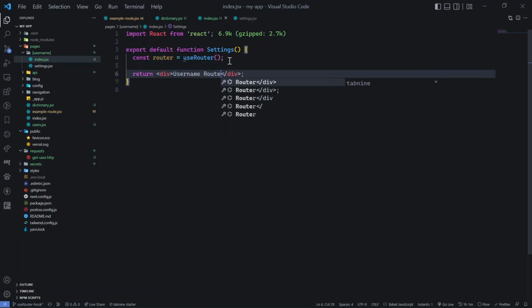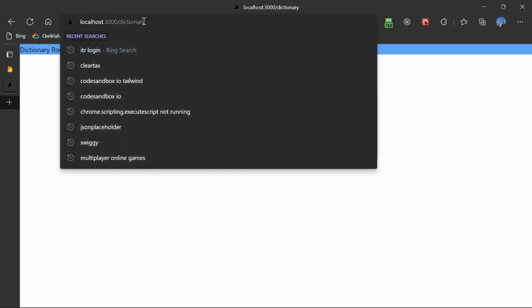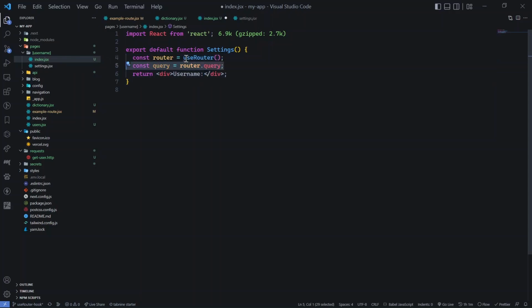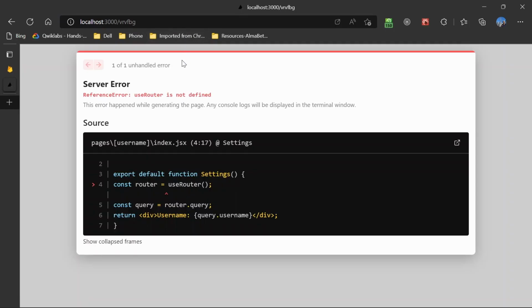So if I do it like this and remove this one as well, whenever I go to a route, let's say localhost 3000, and let's say I have some random string, this random string will be treated as a variable, and it will be filled into this username route. So let's keep those query parameters so that we can see exactly what it is. Because this is within the square brackets, it will be treated as a variable. So whatever comes in will be treated as username, query.username. So if I do it like this and go to this route,